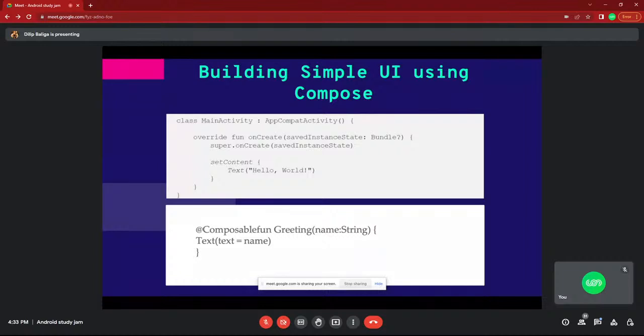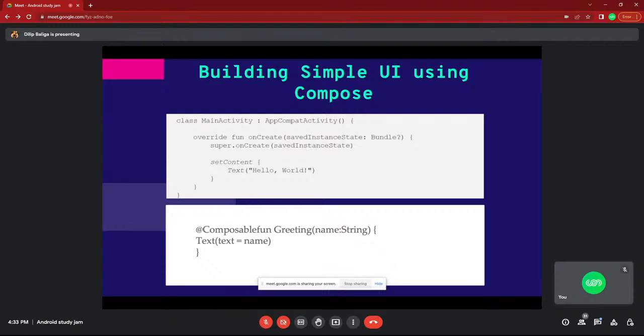We had separate files: Android-related code in the .kt file, and the UI logic in a separate XML file. We were binding the .kt file and the .xml file together.